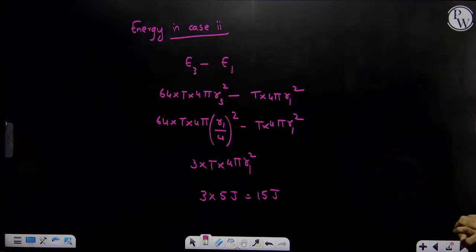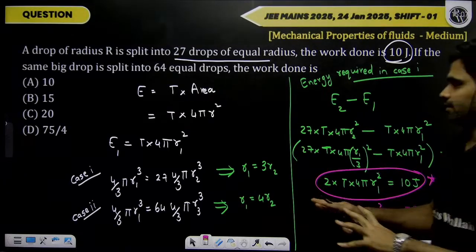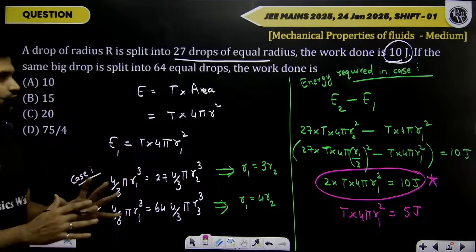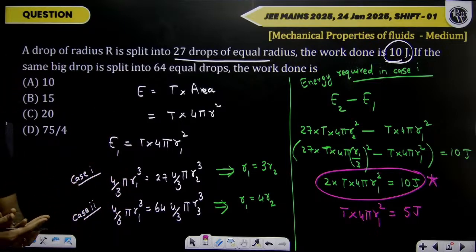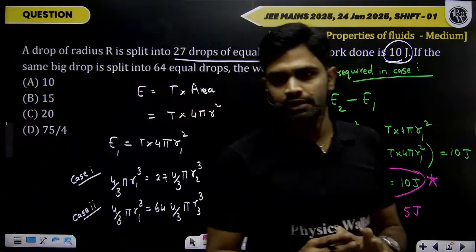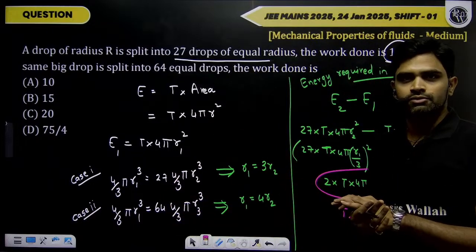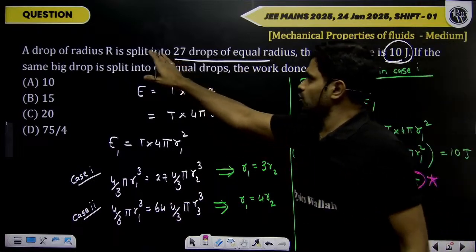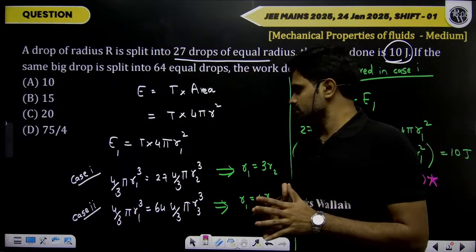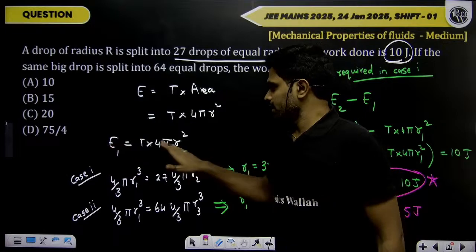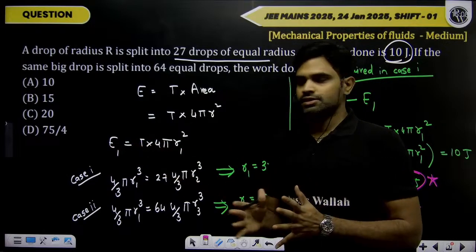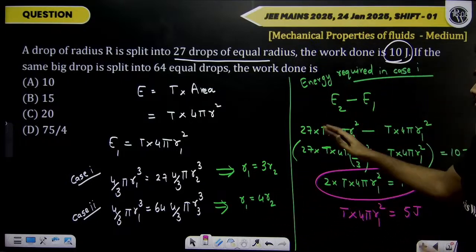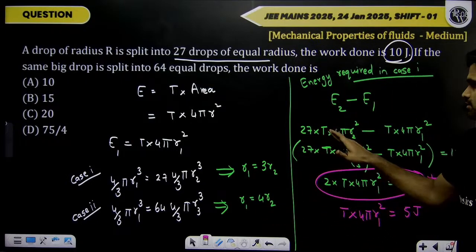Okay. So if I quickly brief this question again, this is a medium question, as you can see. There's a little calculation involved. Even though it's a straightforward question, there was calculation involved here. What we are doing is, the first drop is breaking into 27 droplets. So we found E1, the energy 1, is T into the first area, and E2 is 27 drops, T into 4